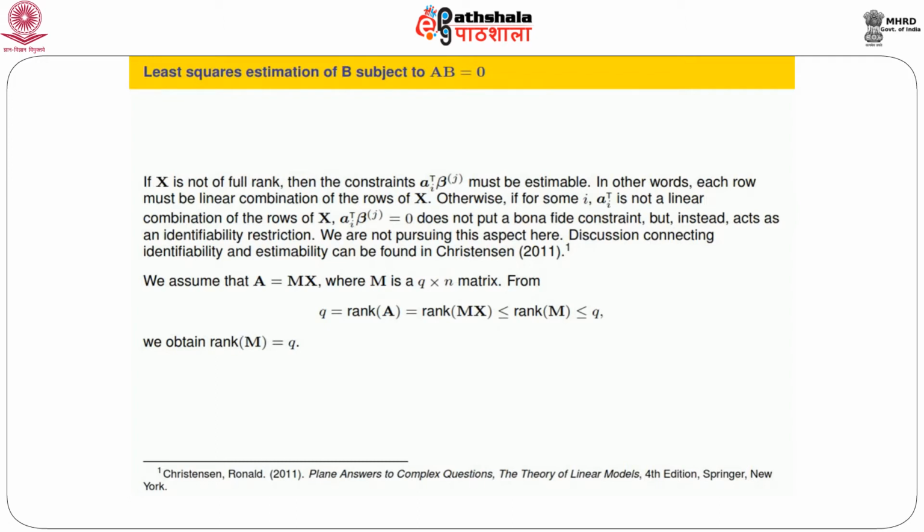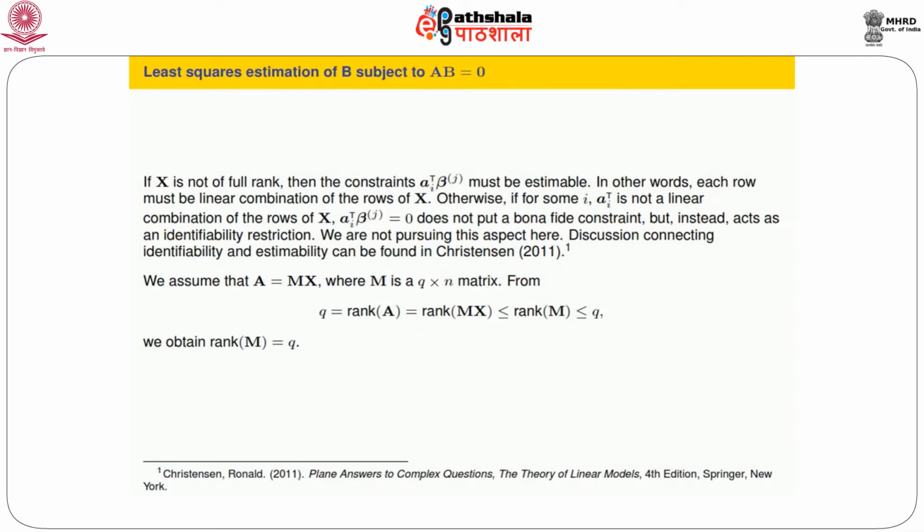What does it mean? It means if we write XB equal to theta, the expectation of Y, we see that this restriction AB equal to 0 can be written as MPX theta equal to 0. Now if we write this MPX theta, PX is symmetric, so the first two terms in this product are PX M transpose, transposed, times theta. So what does it mean? It means each column of theta is orthogonal to the rows of PX M transpose, transposed. So therefore it is orthogonal to the columns of PX M transpose.